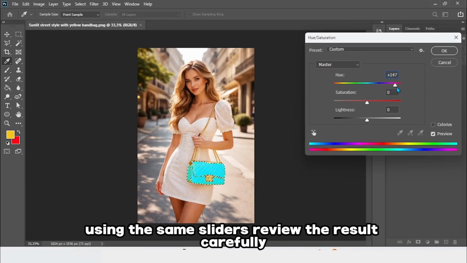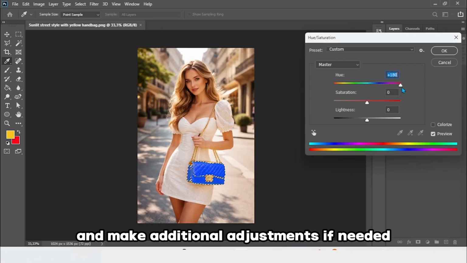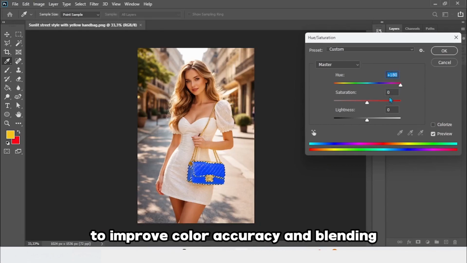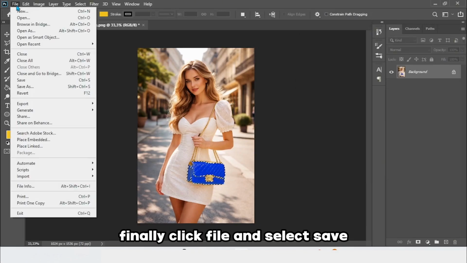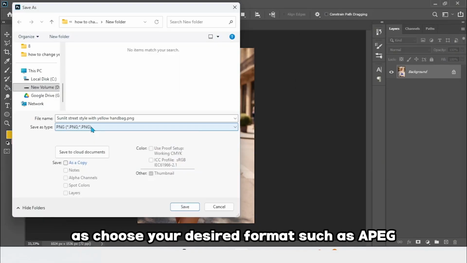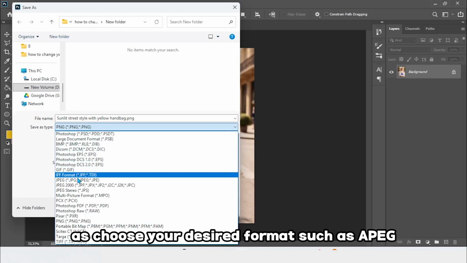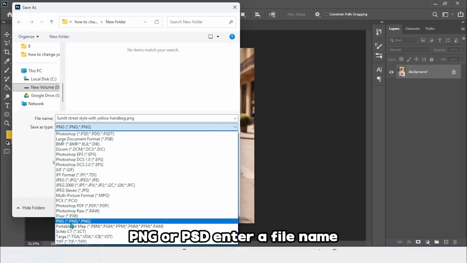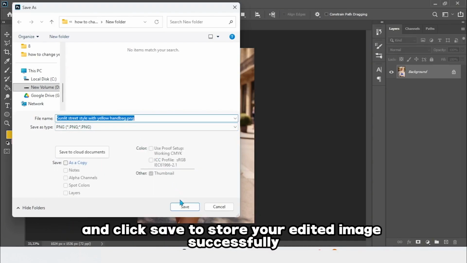Review the result carefully and make additional adjustments if needed to improve color accuracy and blending. Finally, click File and select Save As. Choose your desired format such as JPEG, PNG, or PSD, enter a file name, and click Save to store your